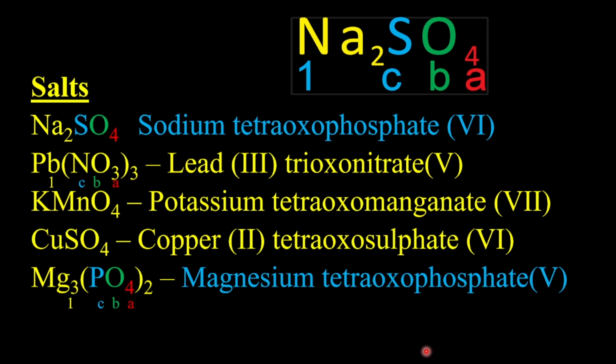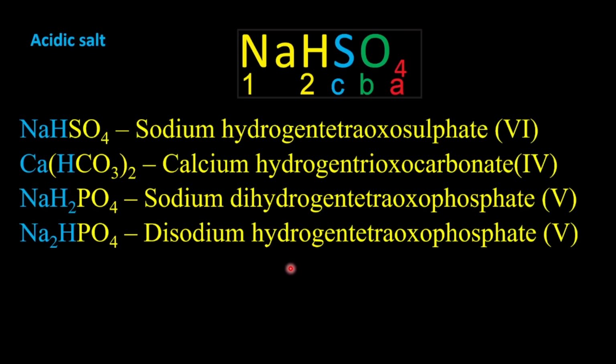Now let's move to naming of acidic salt. When we talk about acidic salt, it means that we have the cation and the hydrogen as well. So in our case here, we are going to expand. So we insert numbers. So that is the trick. We insert numbers. So 1, 2, then you move to A, B, C. Meaning that I will start from 1, move to 2, then move to A, B, C. Bear in mind, you have to calculate the oxidation number for C. So that is sodium